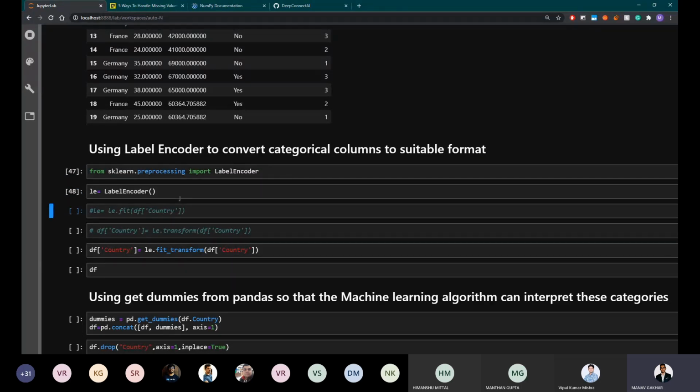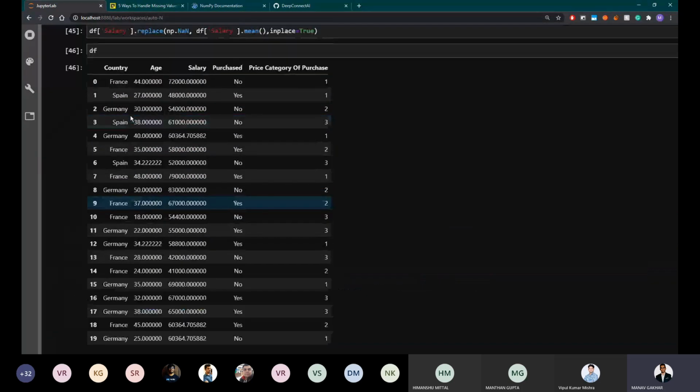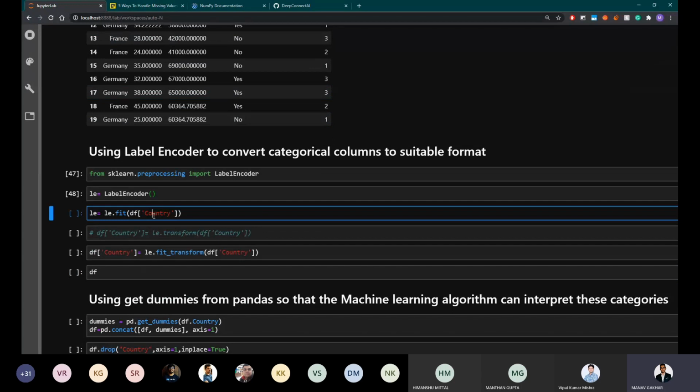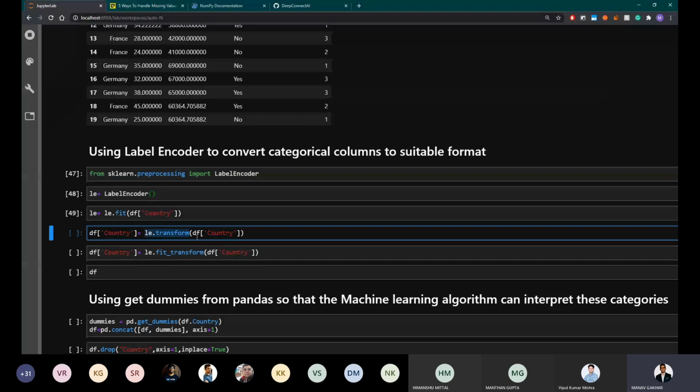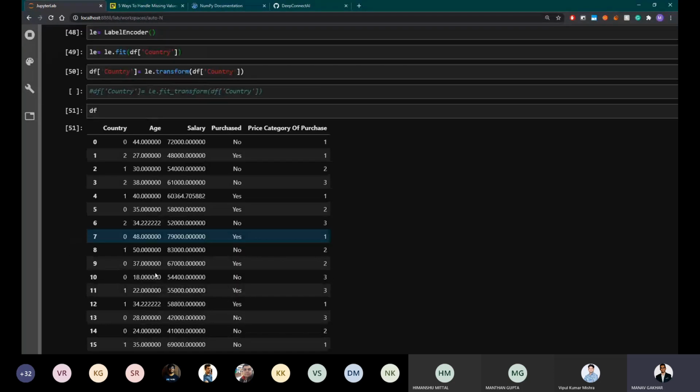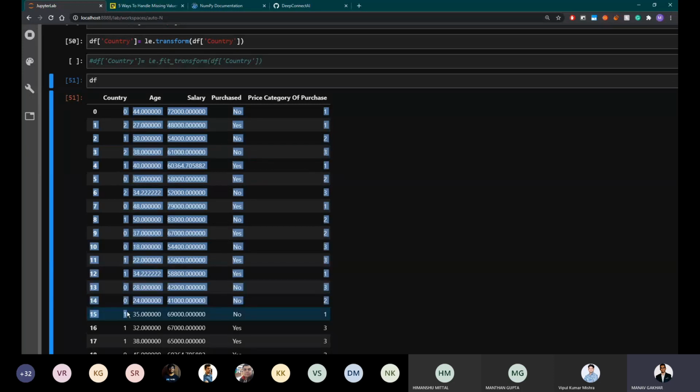What it does is it basically fits to a particular column. Let's just say it fits to this country column and sees कि अच्छा, it figures out on its own कि यहाँ पे 3 countries दिख रही हैं मेरे को. I can see 3 countries: France, Spain, and Germany. So when we do le.fit, it basically figures that out. And when we do le.transform, it transforms that column to the suitable format, so to speak. So we'll just run both of them. And I have actually initially used fit transform, which does both of them simultaneously. So as you can see, we have converted the countries to numbers here. Beautiful. And all thanks to this library.